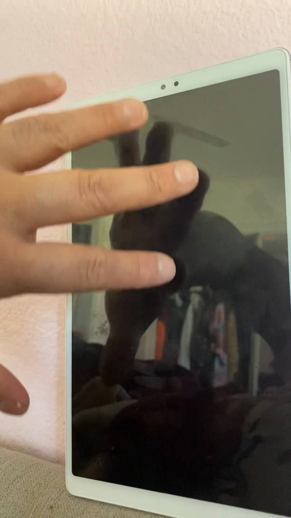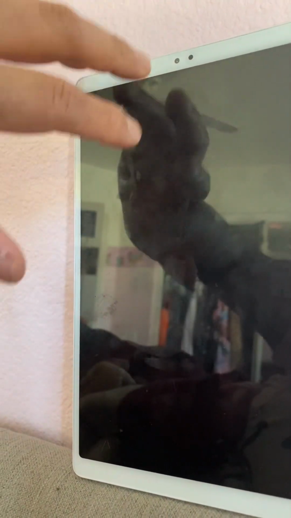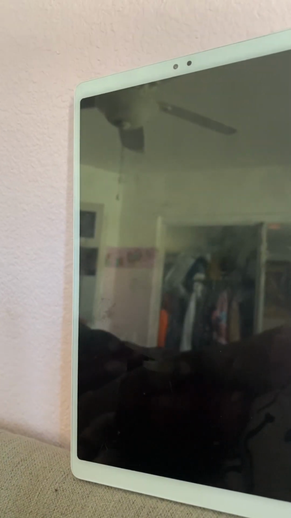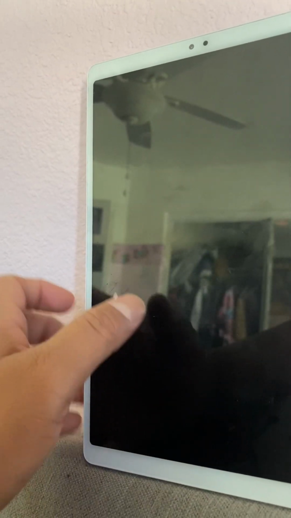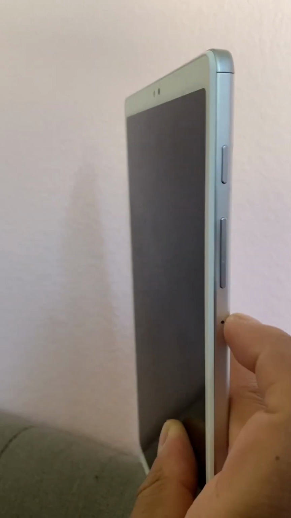Sometimes people drop food on the tablet and it causes it to malfunction. Make sure your hands are clean and not wet. Clean everything. Rub gently, don't overdo it. Make sure you clean all these ports